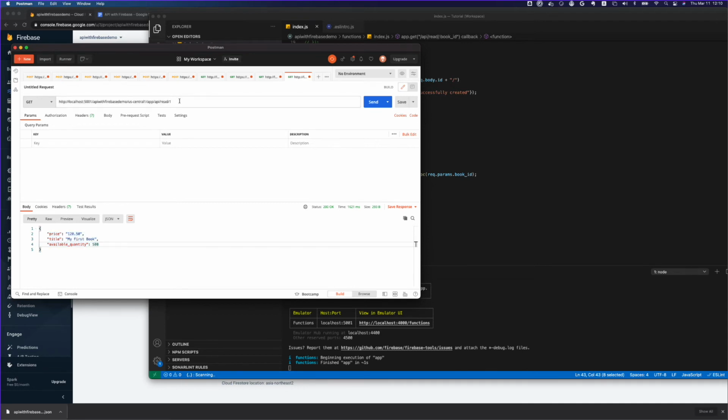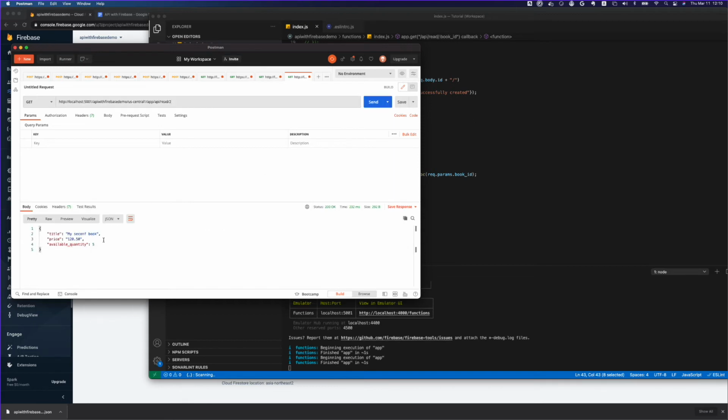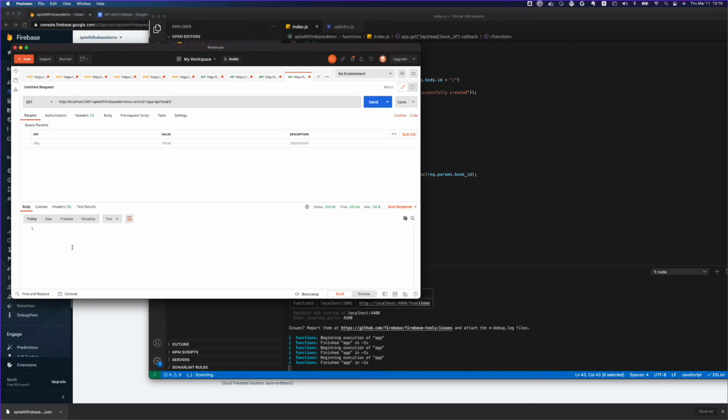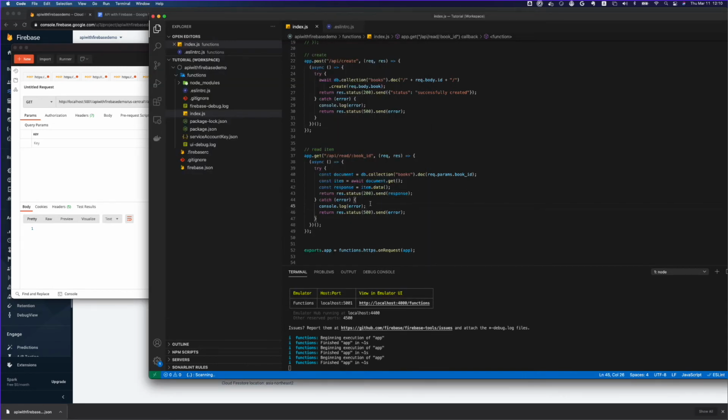If I change it to 2, it will give you my second book. What happens if I don't have anything? Nothing, we don't get anything. We can fix this and have better handling of code. If nothing is there, we can say not found or something, but that's for later. For now, our GET API is also working.